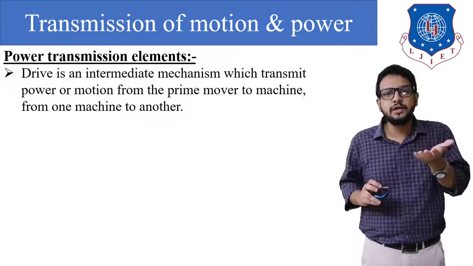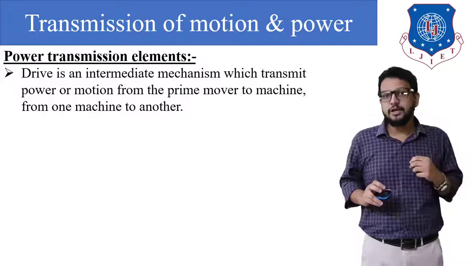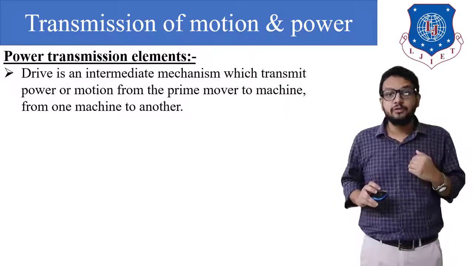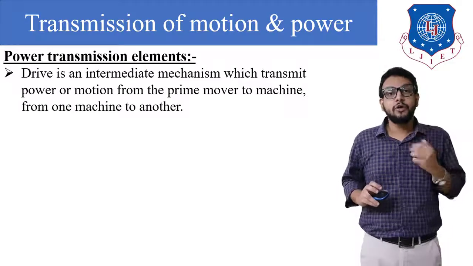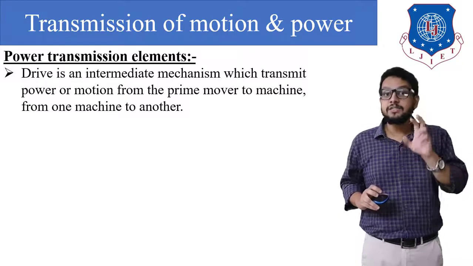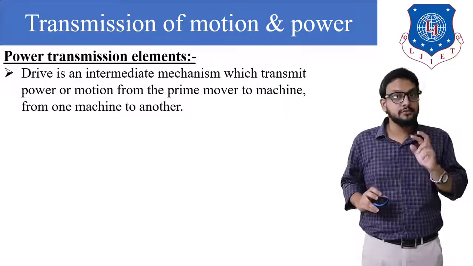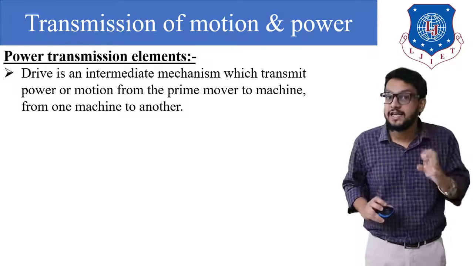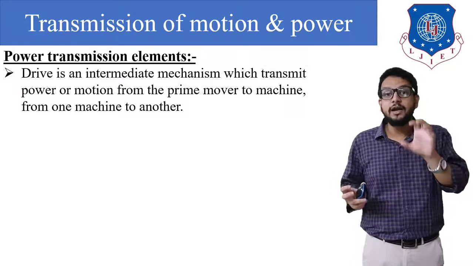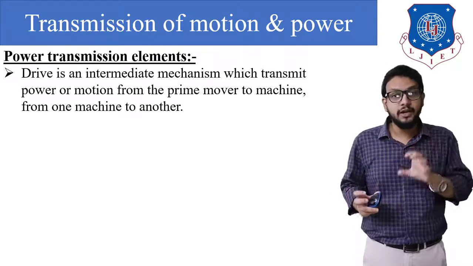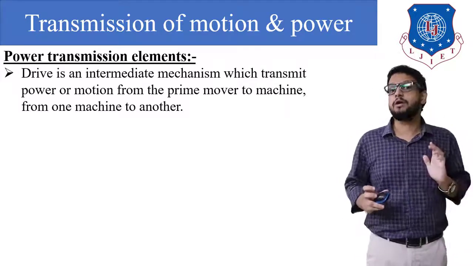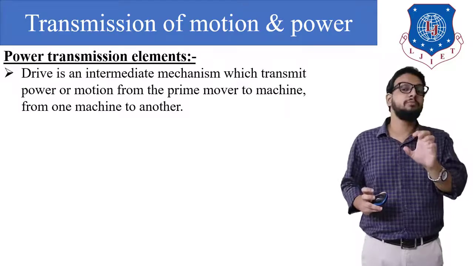Now the question comes: what are the types of drives that are available? We would say that gear drive is there, then chain drive, then belt drive. As we know, gear drive is used in a gearbox, basically in automobiles, that is four-wheelers, to transmit mechanical power from our IC engine to our wheels. In that case, what will that intermediate mechanism do? It can step up or step down the speed of a vehicle, so it is playing a most important role.